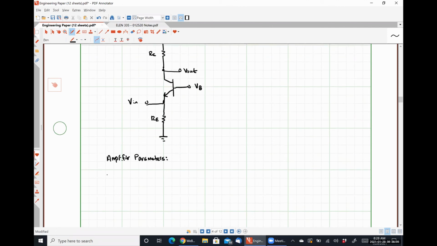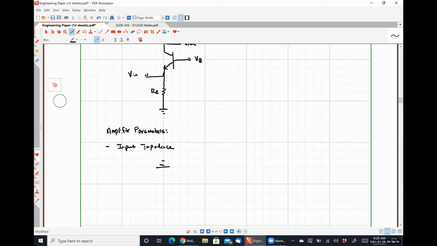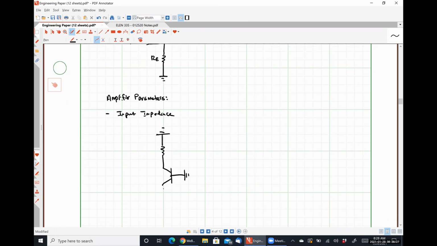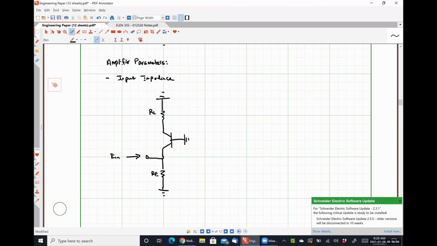All right. So for instance, if we're looking for our input impedance, that would be like looking at this circuit. Let's see, here's RC. Here is RE. And we're looking in through here, right? Fundamentally, this is what I'm doing. So I'm leaving my output terminals open circuited, looking in through the input terminal